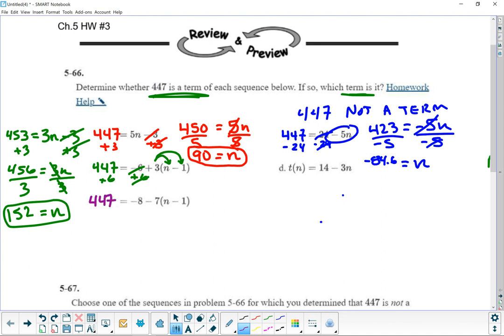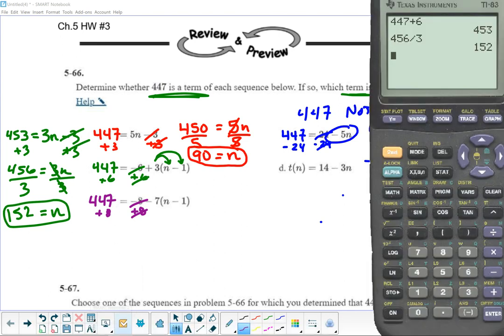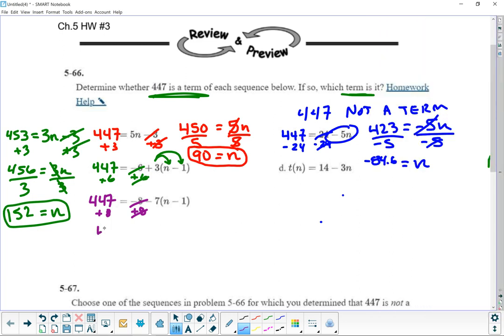447. And I'm going to go ahead and continue solving this. So I'm going to go ahead and add 8. Remember, we're doing the opposite when we're trying to solve. These cancel. So 447, clear that out, plus 8 makes 455